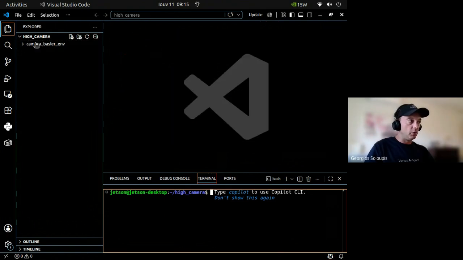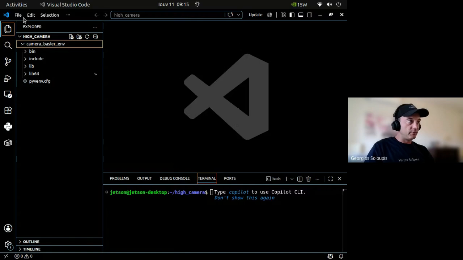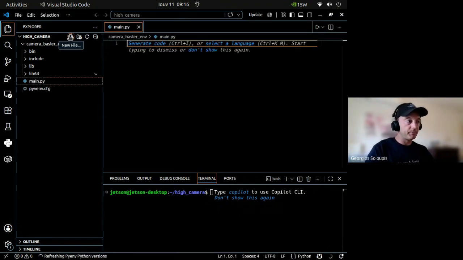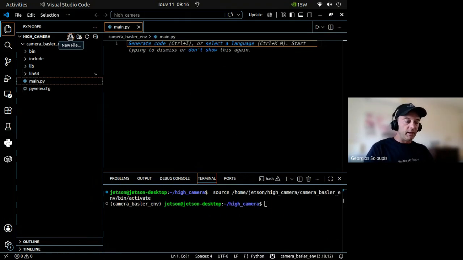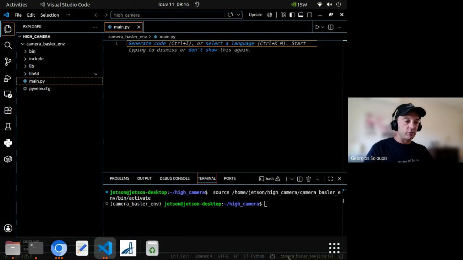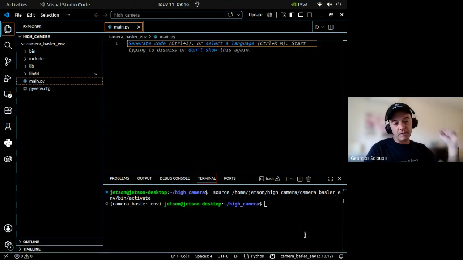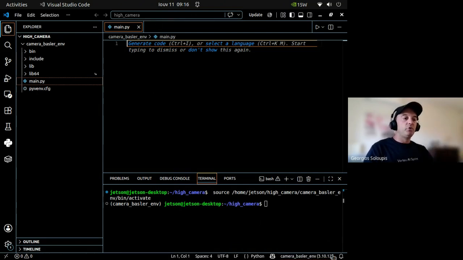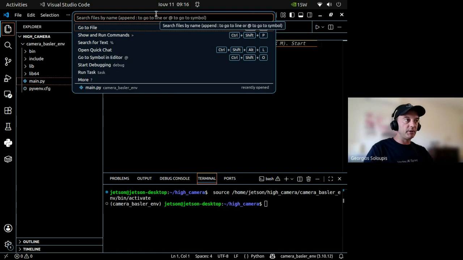So you can go inside this folder and create the first Python file, let's say main.py, and it understands that you are in the camera bustler environment. You can check it down here. If you don't see the camera environment here at the bottom right, then it is better that you go up here,